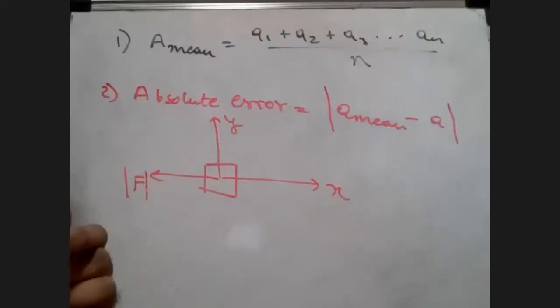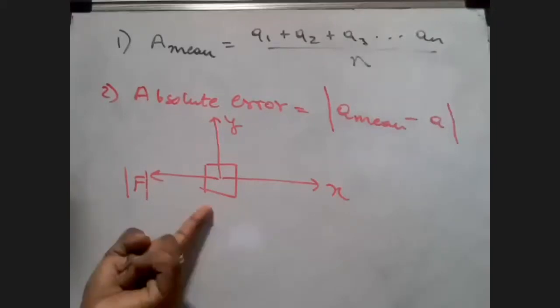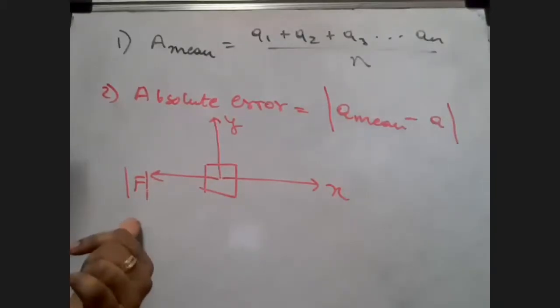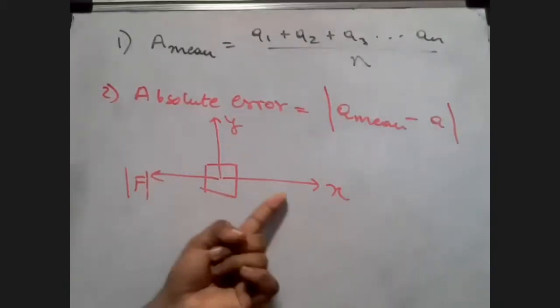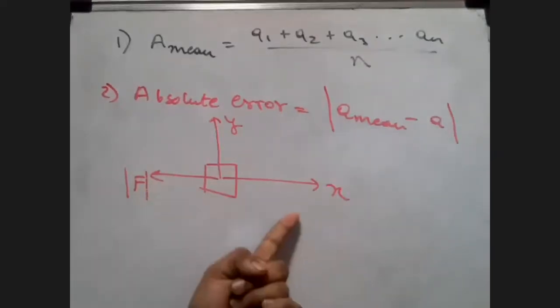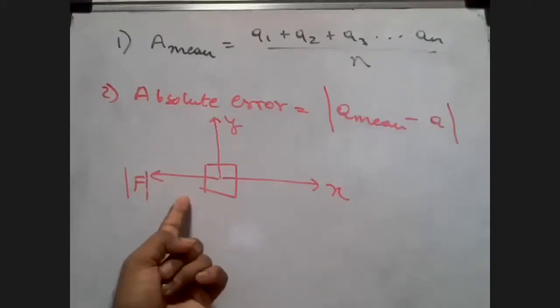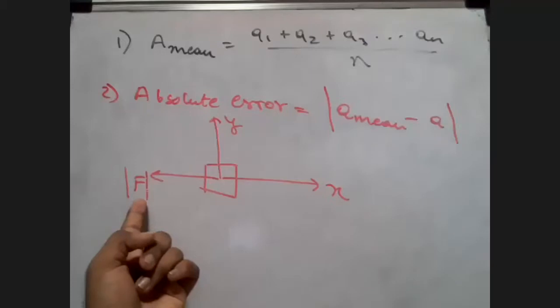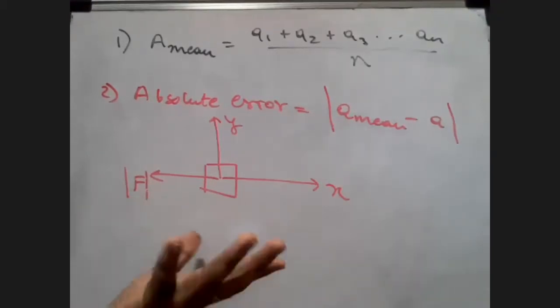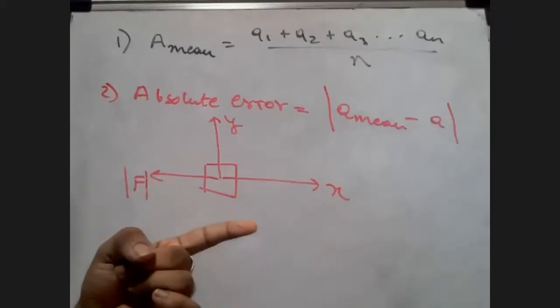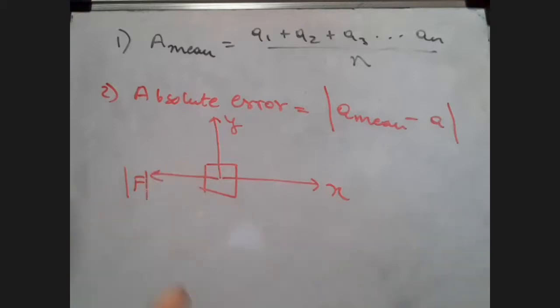Okay. See, I had told you that there is an object here. Then I told you that this object has a force in this direction. But with respect to my x-axis and y-axis, this force is opposite to the negative x-axis. So what happens then? The value of this force will be negative in nature. But if I only want to find the magnitude, I will put a mod sign. The mod sign will only tell me the value, whether it is in the positive or negative x-axis direction. That is why we use the function mod.